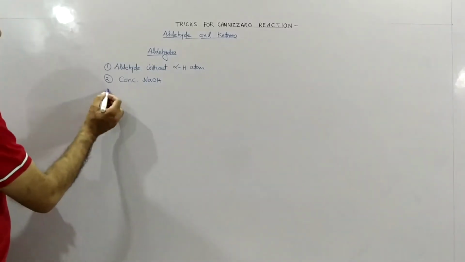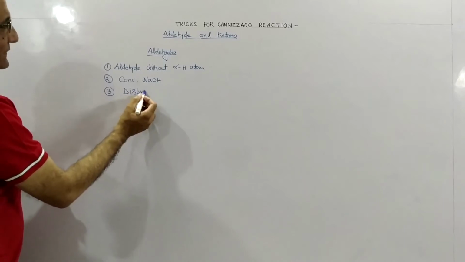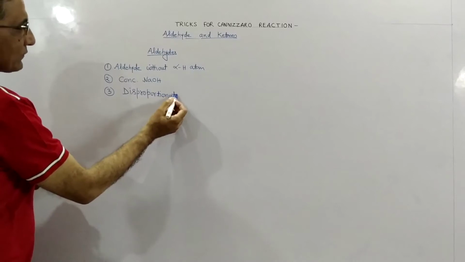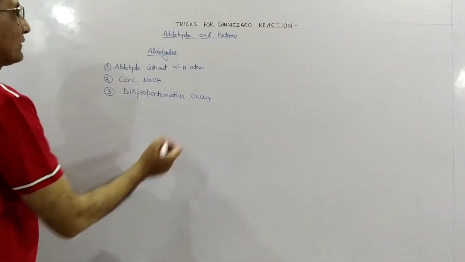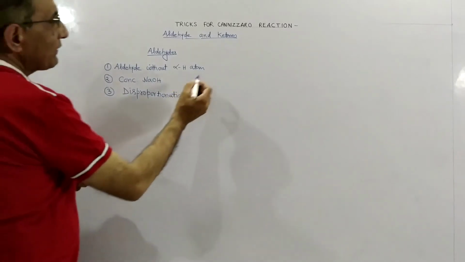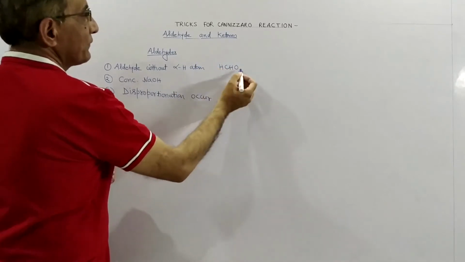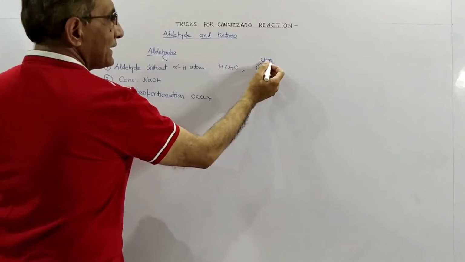Third, in this reaction disproportionation takes place. So for aldehydes without alpha hydrogen, we can take the example of formaldehyde or benzaldehyde,